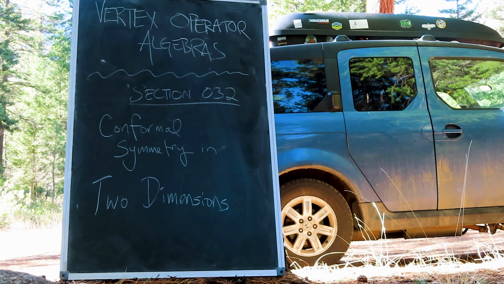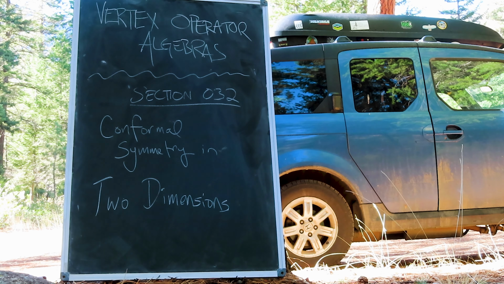This is our 32nd episode in our series on Vertex Operator Algebras. We are in the back half of Chapter 2, covering some background material for the physical manifestation of the so-called formal series, known as conformal fields. Today, we'll be looking to apply Noether's theorem, which we discussed last time, to the two-dimensional case of a conformally